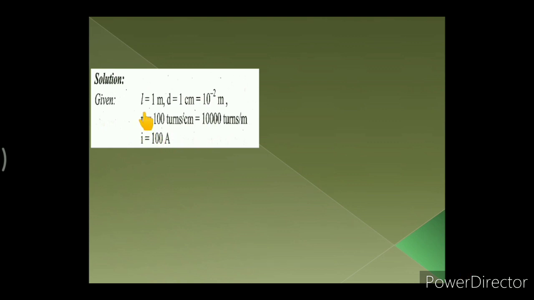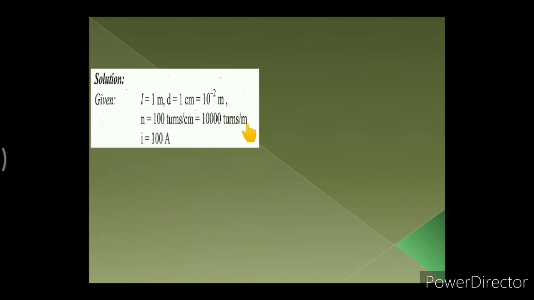So small l is 1 meter. Diameter small d is given as 1 centimeter. It is to be converted into meter, hence it is equal to 10 raised to minus 2 meter. And also the number of turns per centimeter is given as 100 turns per centimeter. It is to be now converted into turns per meter. Then the value of n will come to